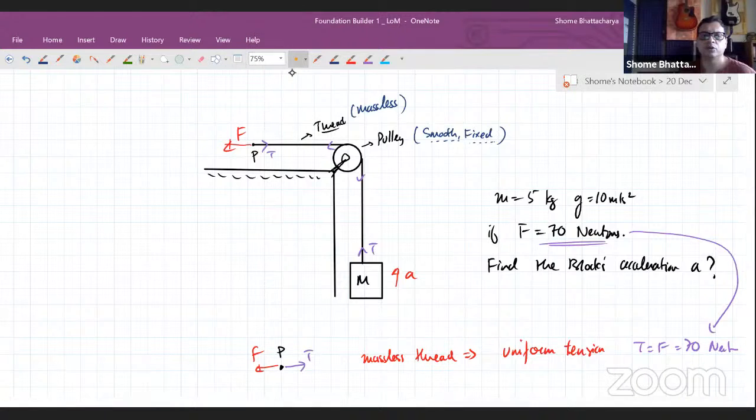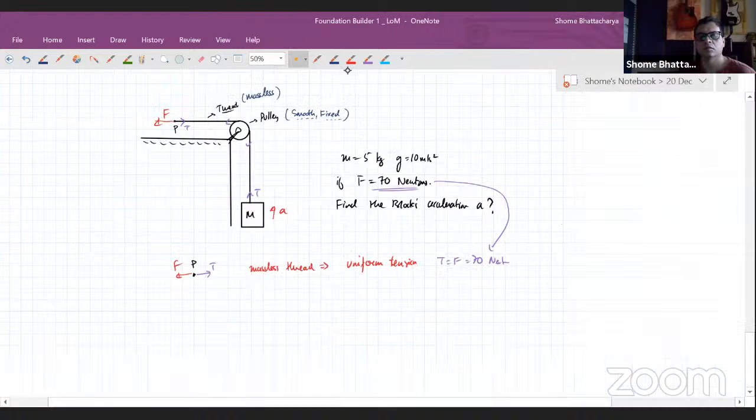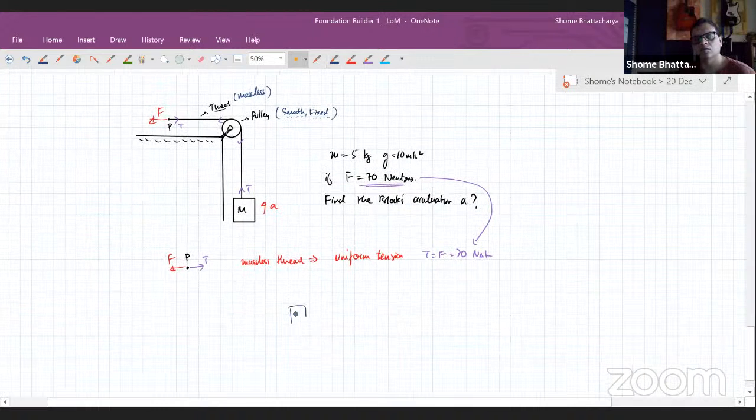Now you just make the free body diagram of the block. So for the block, you can see there is tension T acting upwards, which is 70 newtons, and its own weight mg is 50 newtons. So it will have an upward acceleration